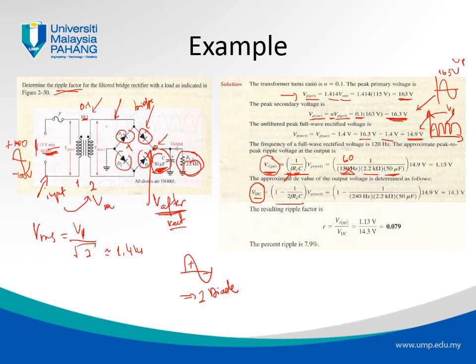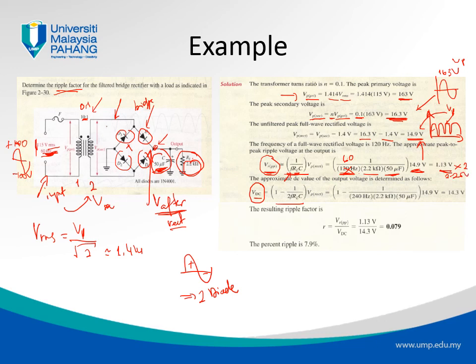Then multiplied by, of course, the voltage after rectification, which we have found here. This is not the correct value because they have basically doubled the frequency. The frequency is supposed to be just 60 hertz, but it's written as 120 hertz. So the voltage needs to be multiplied by 2. The correct answer is